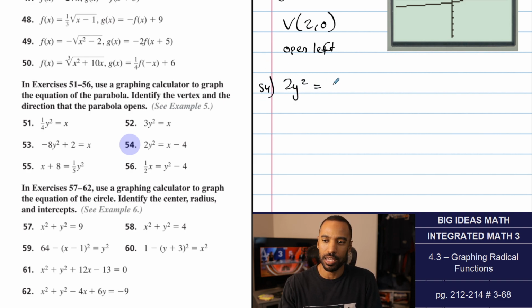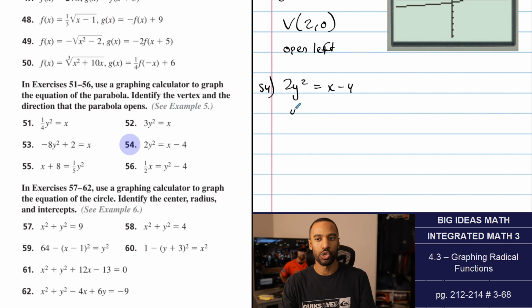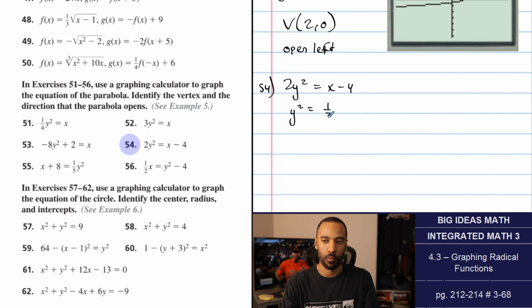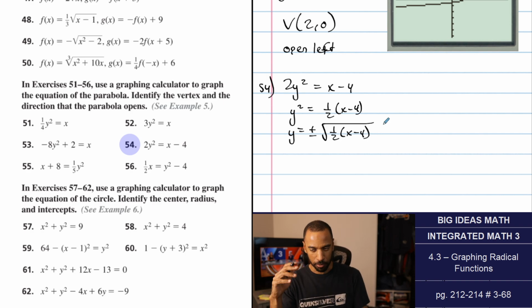2y squared equals x minus 4. More of the same. We'll divide by 2, but it's also the same thing as multiplying by 1/2. So for me, I'd rather write it like this. So we're going to have plus or minus the square root of 1/2 times x minus 4. Now, by the way, before I end up graphing it,